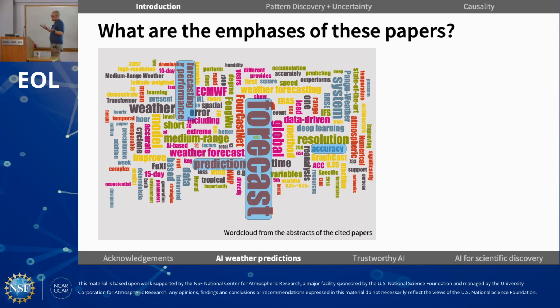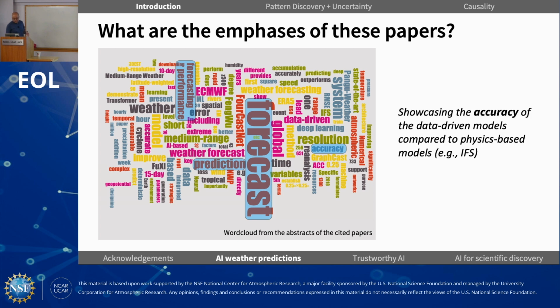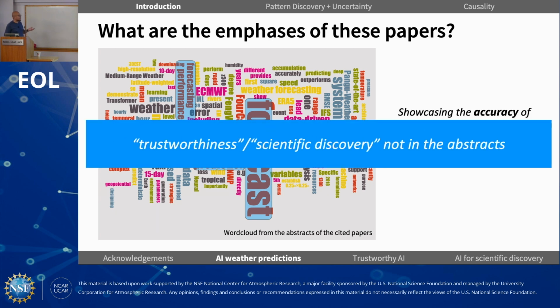This is reasonable because what they plan to do is to claim that their prediction model can beat the existing weather prediction models. However, I think one thing that's missing from this word cloud would be the trustworthiness, meaning that can we understand what the model is doing while it's making the prediction, whether it's a black box or a white box. And on the other hand, can we use this type of method to perform some scientific understanding to